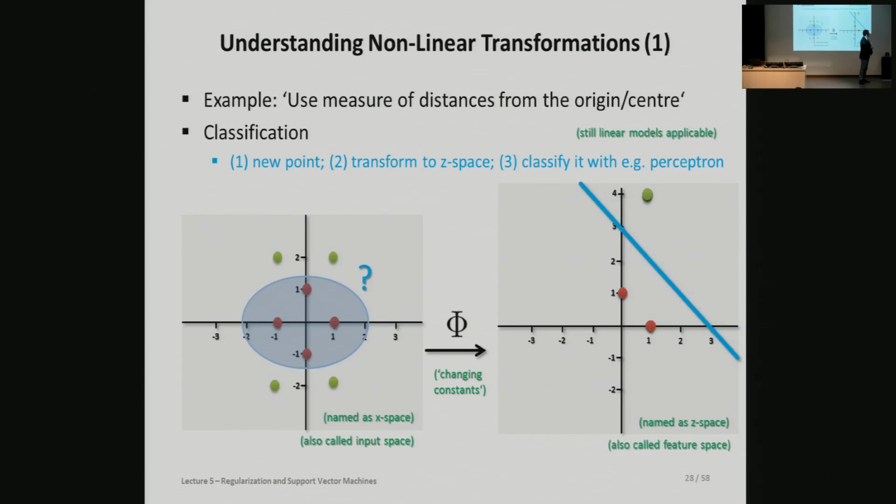Now, having done this and changed basically the constants, and we can do that because it's our data set that we have in hand, we're just changing constants, right, for the learning algorithm that follows afterwards, which is independent of that. So this is what we do in terms of feature creation, in the sense of saying now it's much easier to do. However, this is now a specific space we call Z-space or feature space, which should be handled with care. Firstly, you see the inverse of that is not really possible any more,